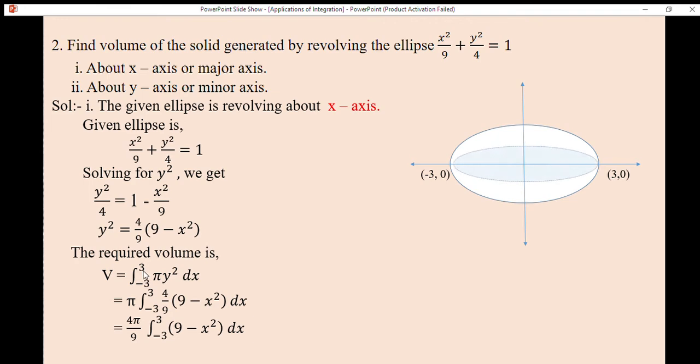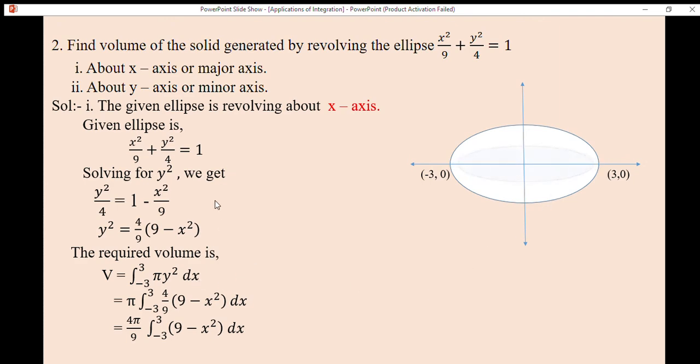Now here you have to consider the ordinates for x. We have the equation of ellipse as x square upon 9 plus y square upon 4 equal to 1. The standard equation of ellipse is x square upon a square plus y square upon b square equal to 1. Means a is 3 here, and hence the ordinates are (3, 0) and (minus 3, 0). And for y-axis, y square upon b square is 1, so b is 2 there. Therefore the y coordinates will be (0, 2) and (0, minus 2).